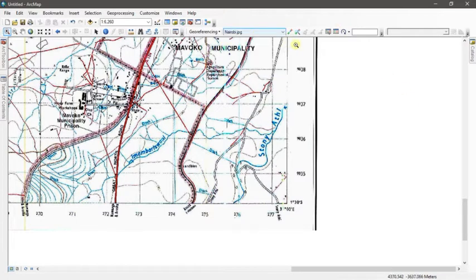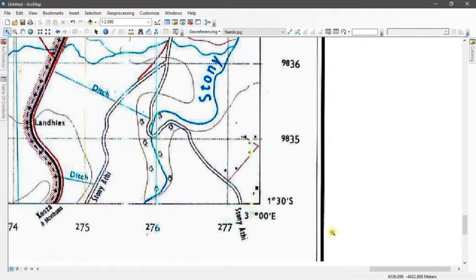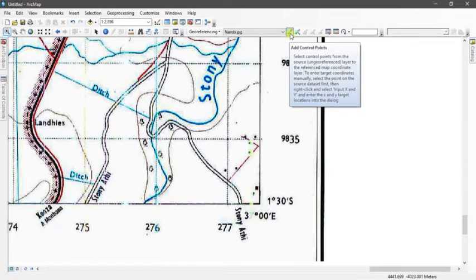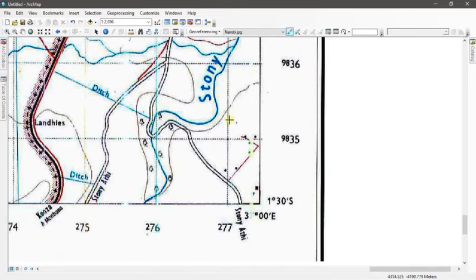Okay, there you go. So we have our map, and the next thing you want to do is add some control points. To add control points, this icon here, you can see. So add control point, you select it, then go to where you can see both the X and Y axis labels, then select it.